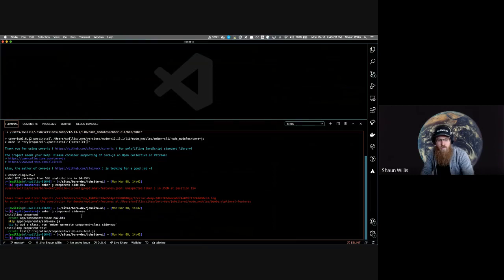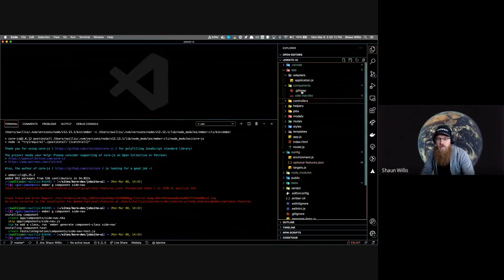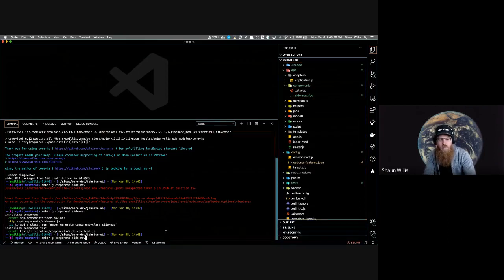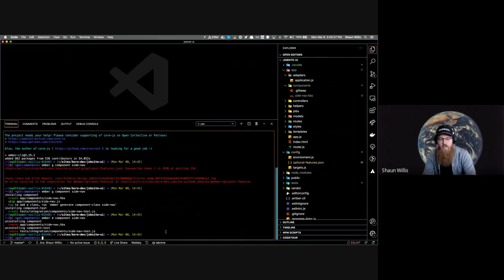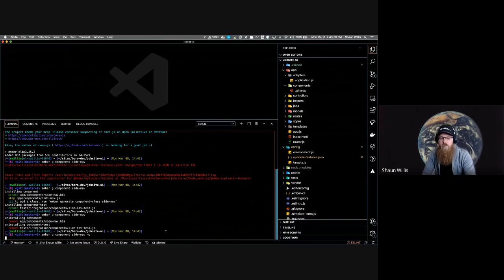Oh, I didn't use -p. So without using -p, it puts it in the component folder. I think I said that wrong. So the thing to note, and this is a good example, if you want to get rid of it, you just do d, and that's delete. And it deletes your test file, and it deletes the generated component. So if you do -p,